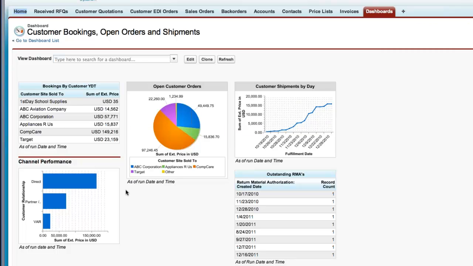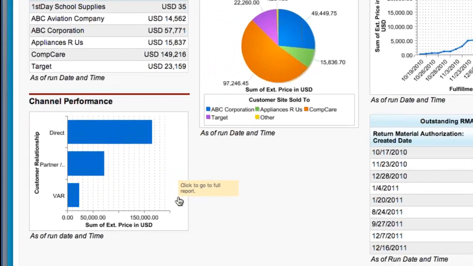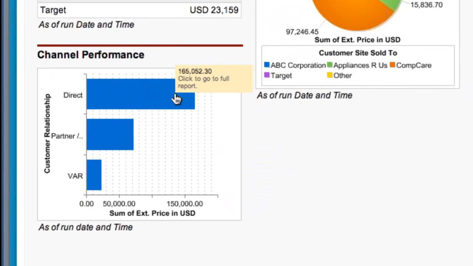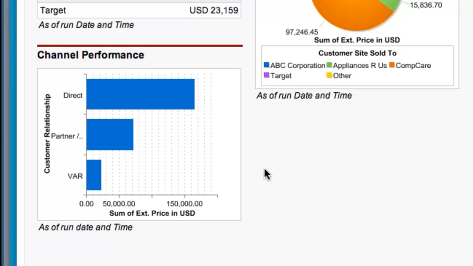So when I look at a specific dashboard, I certainly have my bookings and my open orders, but here's my channel performance. It seems like customer direct is my largest channel. My partners are doing well, and my VARs not as well as my partners. So the question might be, how could I help a partner succeed, help a value-added reseller succeed? Understanding the channel performance against the sales is a powerful piece of information on how we're